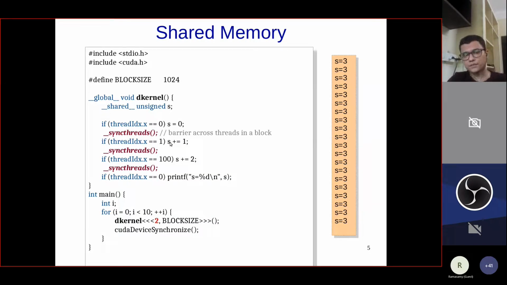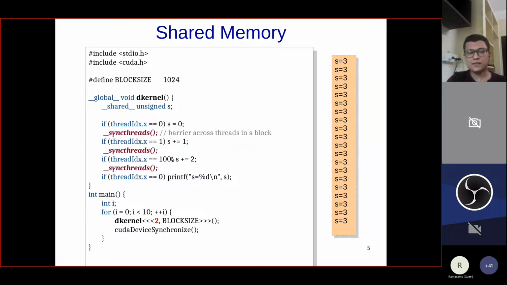Here, again the thread with ID 1 will execute this statement. All other threads of the same warp, meaning thread 0 and threads 2 to 31, will get masked out, and all threads of different warps will again wait here. Once this statement is executed by the thread with ID 1, all other threads of the same warp as well as thread 1 will move ahead and come here. And since now all the threads of the same thread block have reached this statement, they'll again move ahead and come to this if